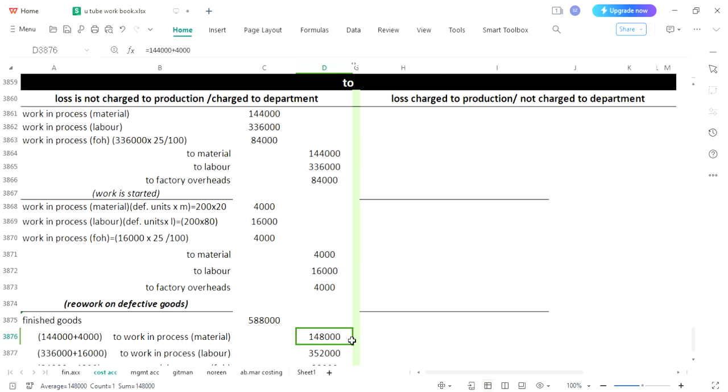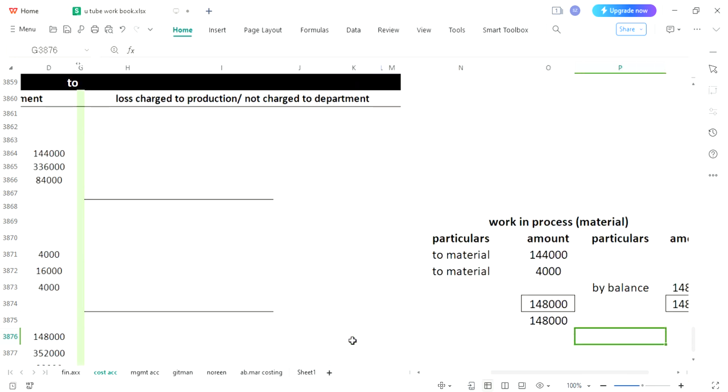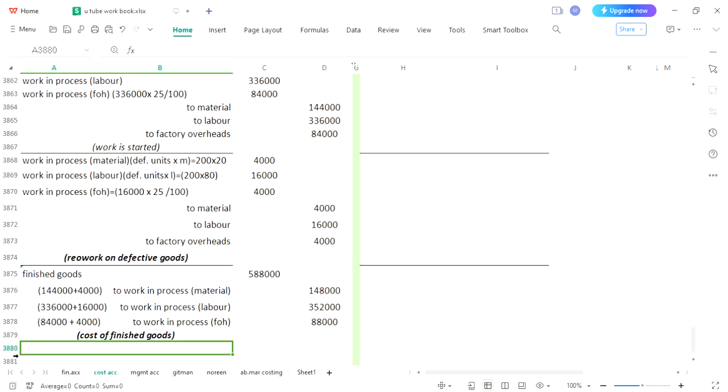In the similar way, please note it down carefully. You have made the work in process material ledger. In the similar way, you will make the ledger for work in process labor, and then you will make the ledger for work in process FH as well. And then you will write down the balance upon here. So for the time being, we are not making ledgers. It's your responsibility to make the other two ledgers, 100% the same as the work in process material ledger we have completed. In similar way, you will complete the work in process labor ledger and then the work in process FH ledger. So the first part has been completed,